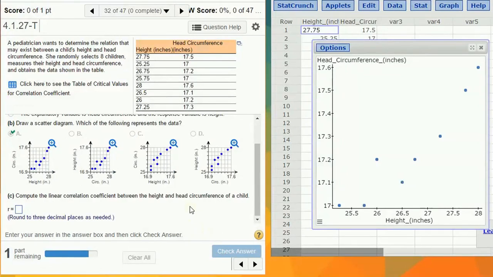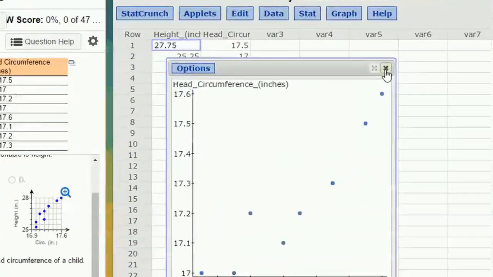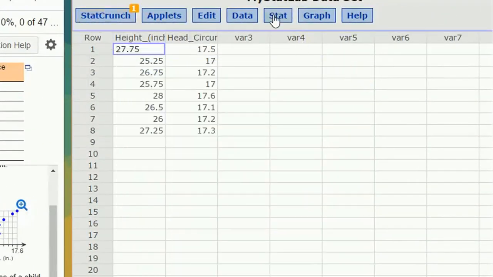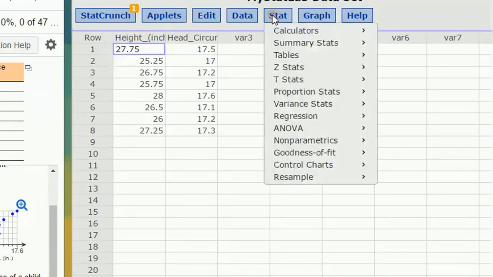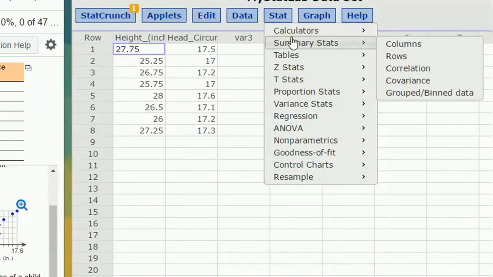All right, we're going to compute the linear correlation coefficient. Let's go back to StatCrunch, and I'm going to close this. The correlation coefficient is easily calculable. We don't have to deal with any formulas. We go under Summary Stats